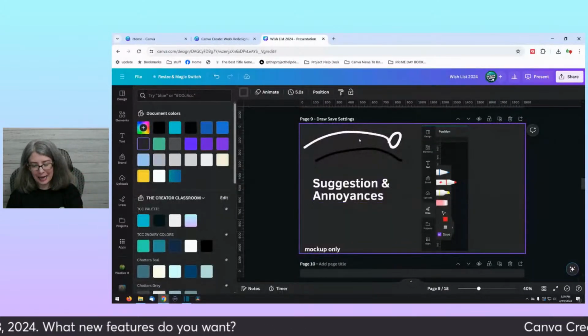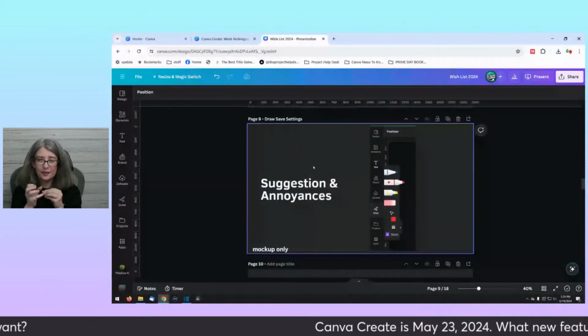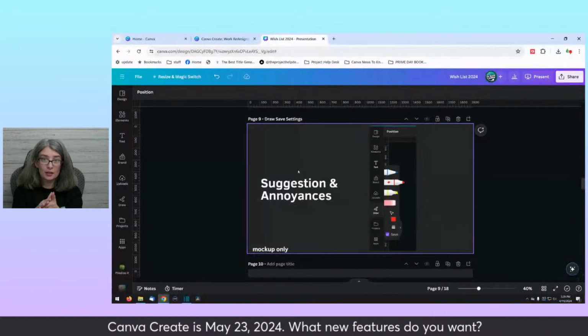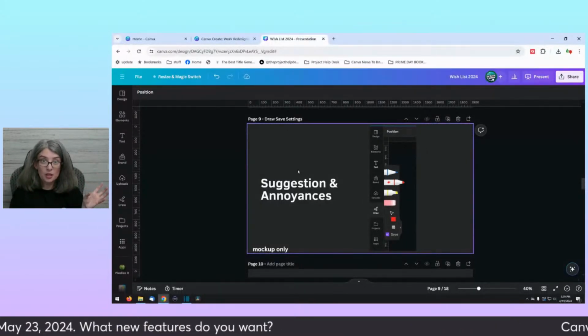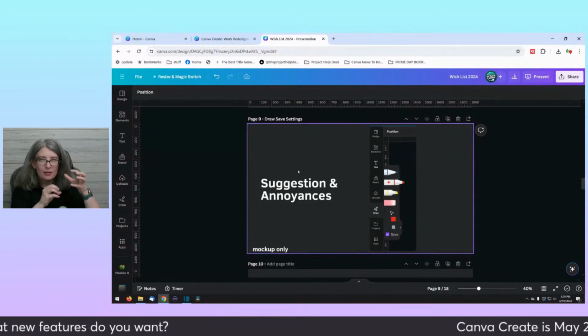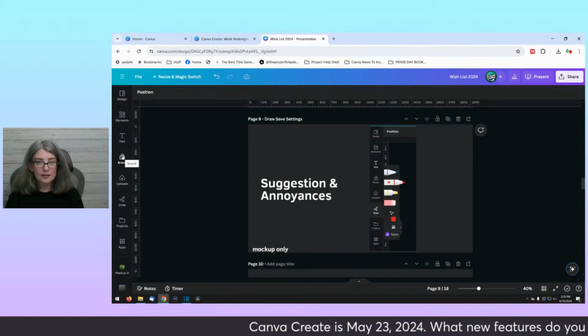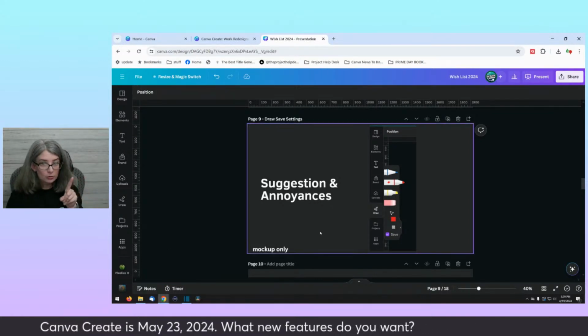So I think it just needs a little more finesse so that when we want to use it, we can use it. And when we don't, we don't. And we don't have to go through the complicated steps of clicking on the left-hand side on something else to be able to.